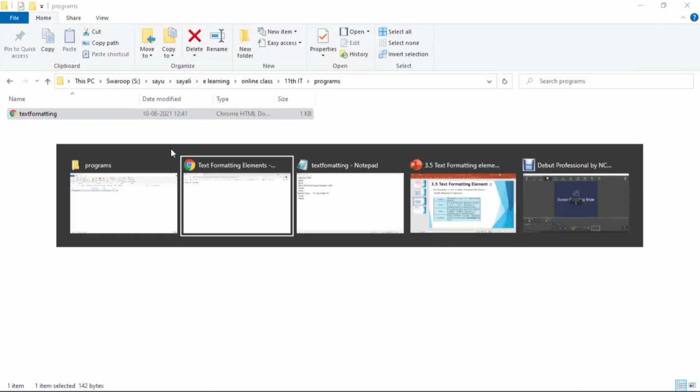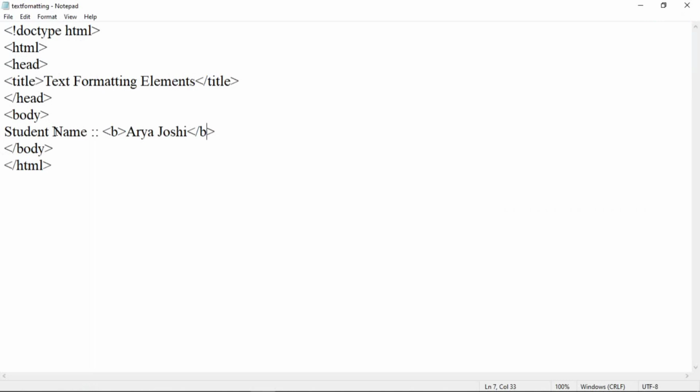So you can see here the title for this page is text formatting elements, student name Arya Joshi, and Arya Joshi is displayed as bold text because we have added this content in a bold, that is B tag. Okay, now suppose we want to have a certain font size for the whole content, then here within a body tag,